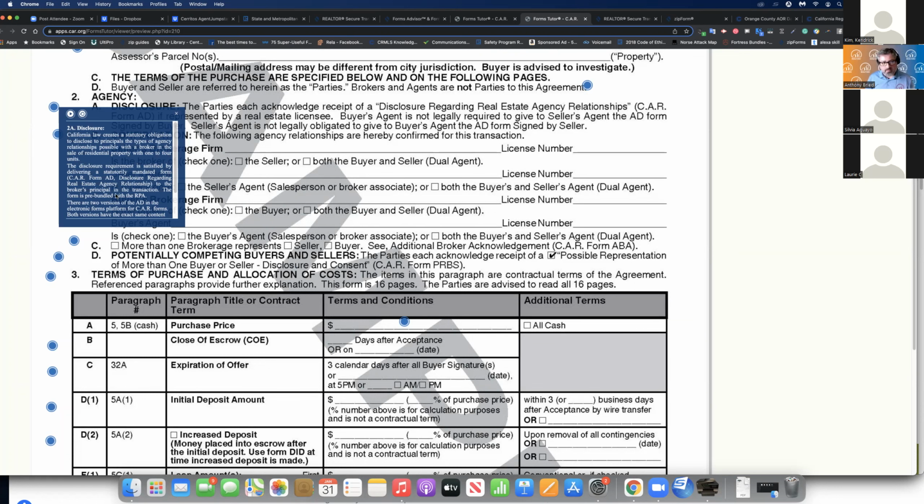So if you've missed a class at the board, or if you missed a class at your broker's office on how to learn a particular contract, rest assured, there is a way to still learn the form. Because again, your fiduciary duty to your client is to help them make sure that they have read and understood all the terms of this contract